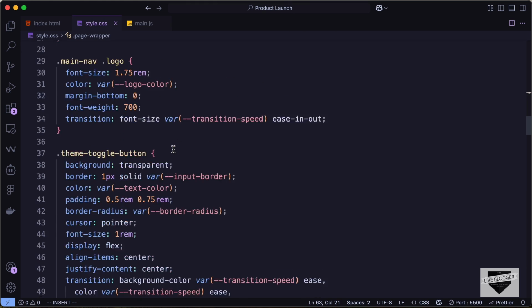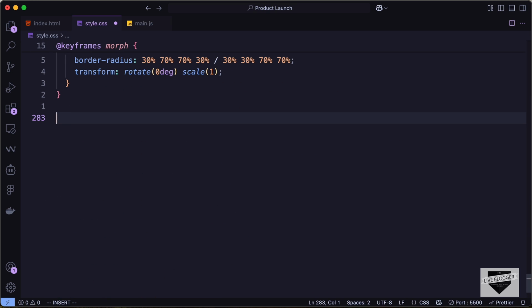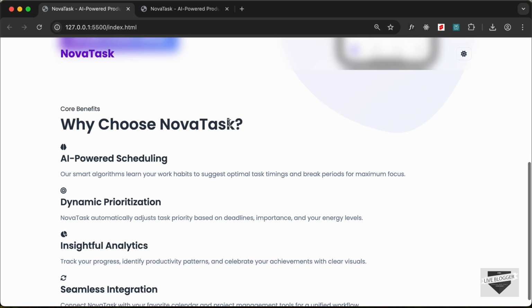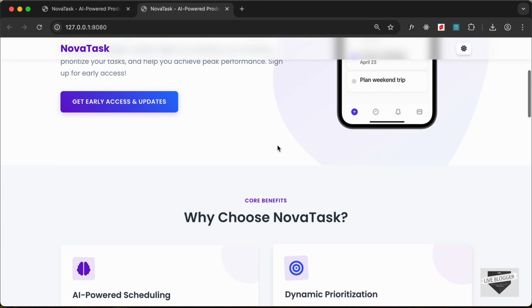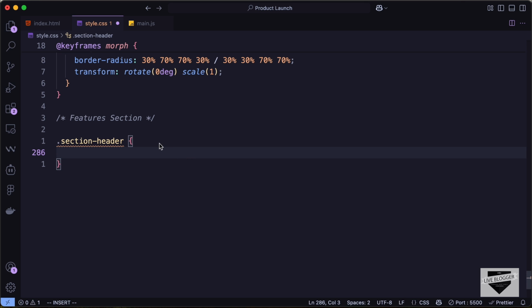So let's go to the style.css file. Let's create a comment and let's type features section. And first of all, let's target the section header. And in the section header, we have these 2 texts. We have this span and this heading. So first of all, let's make it center aligned. So let's type text-align center, and then let's type margin-bottom